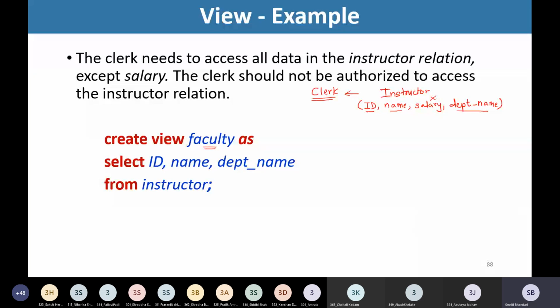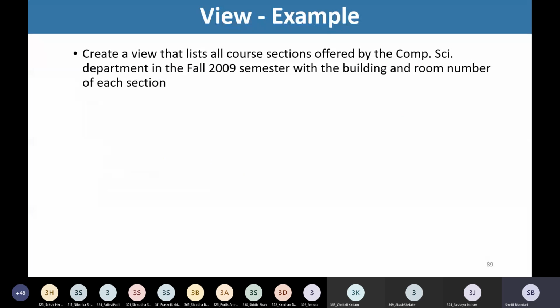So let's try to create a view for the given details. We want to create a view that lists all course sections offered by the Computer Science Department in the fall 2009 semester with the building and room number of each section.